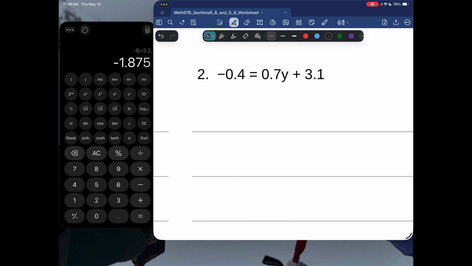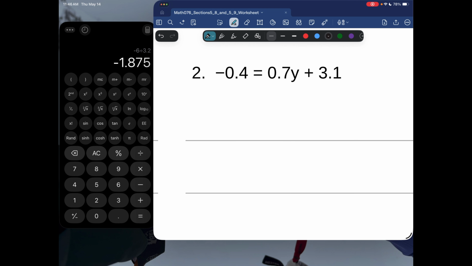Okay. Same for number 2. I want to get x all by it, or this one's y. I want to get y all by itself. So the first thing I'm going to do is get all my numbers on one side. So I am going to subtract 3.1 from both sides. My 3.1's cancel, and I'm left with